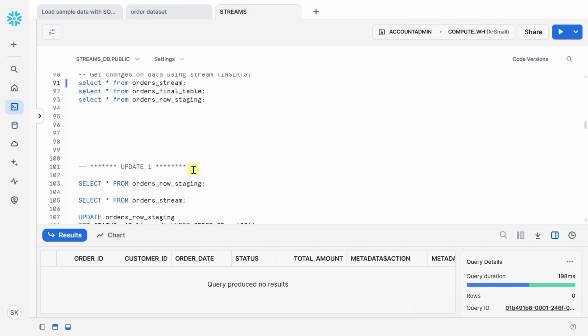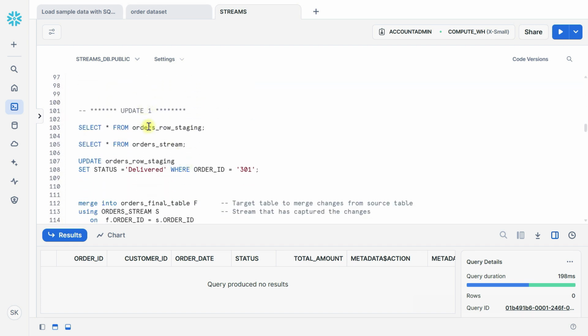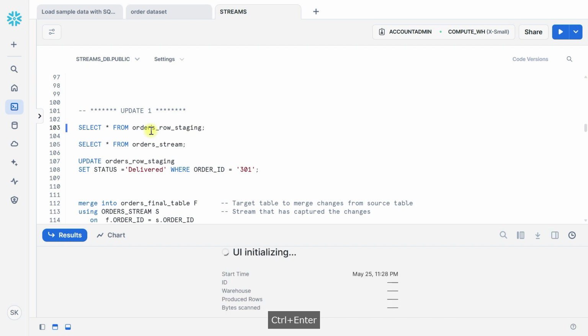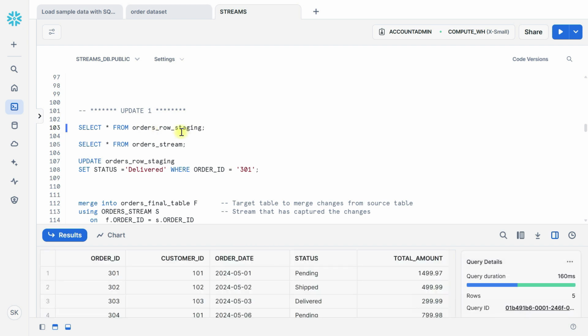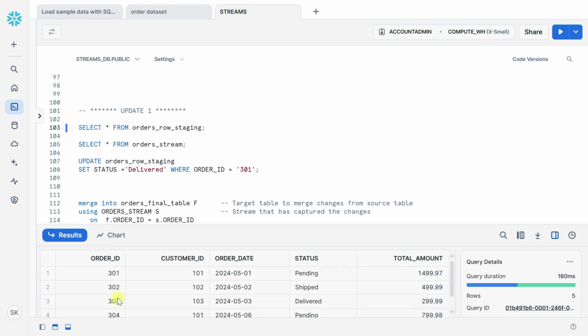Now this is the insert statement. Now let's learn the update statement. So here, if I execute the raw table, you can see here 301 is pending. Now we want to change this status into delivered. So if I execute this statement,